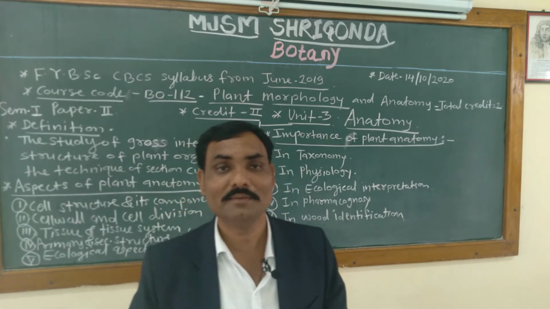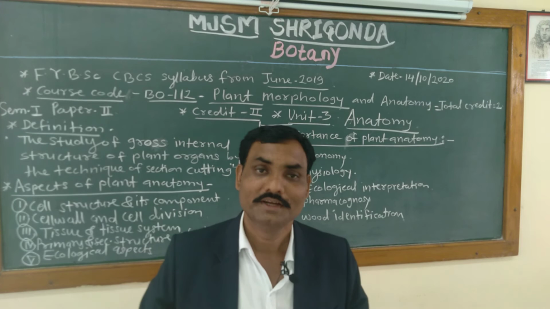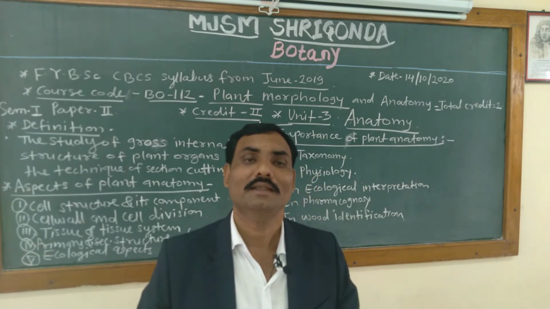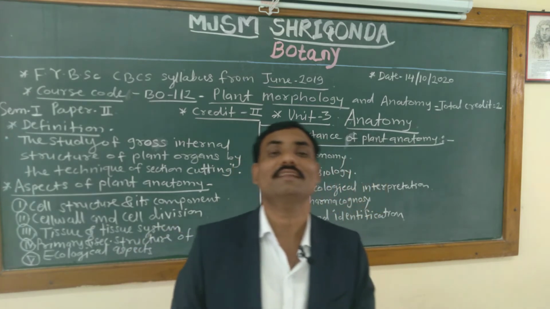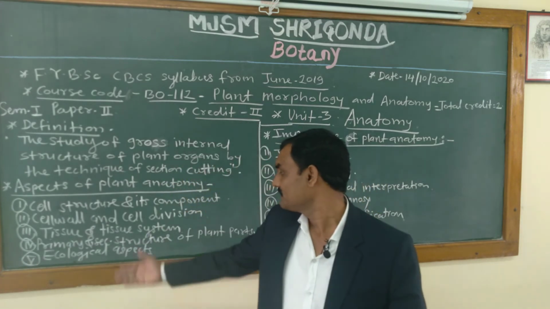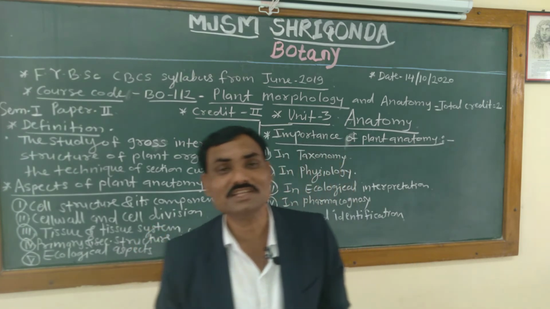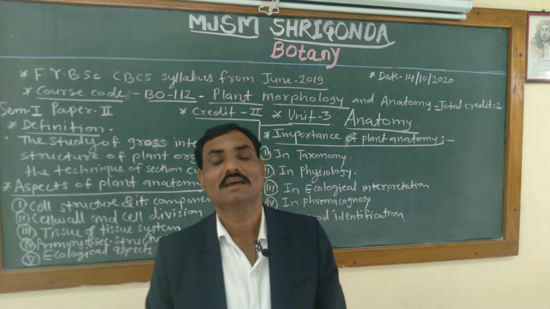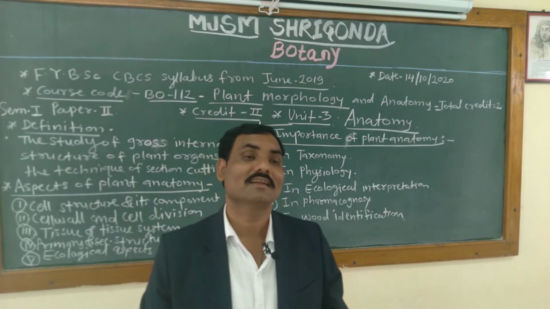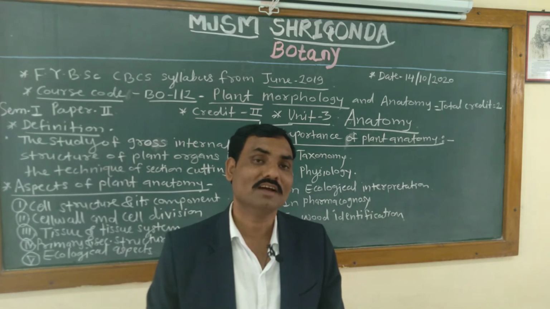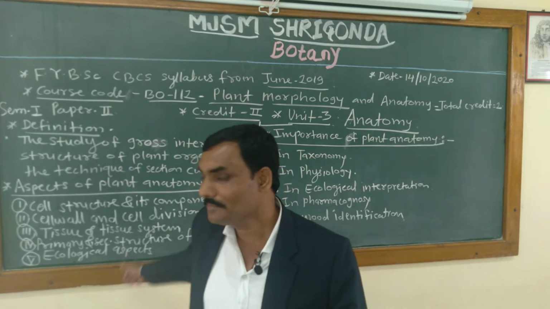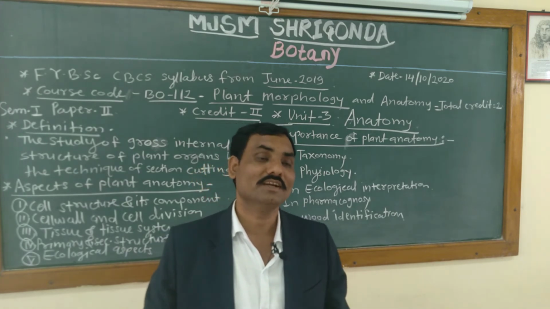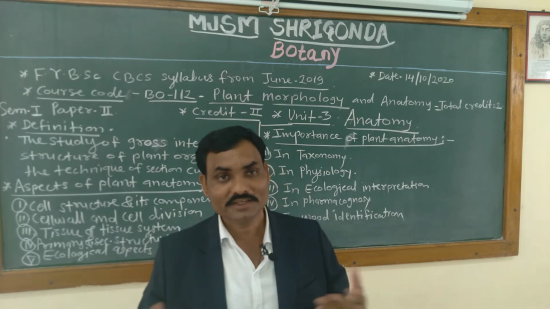We know that there are different plant parts: root, stem, leaf, flower, and many other organs of the plant. And the primary and secondary structure: at the primary level, when we take the transverse section, how it looks, which is the internal structure of that plant organ. And after some days, when it becomes mature, how the secondary structure is there, the secondary growth takes place.